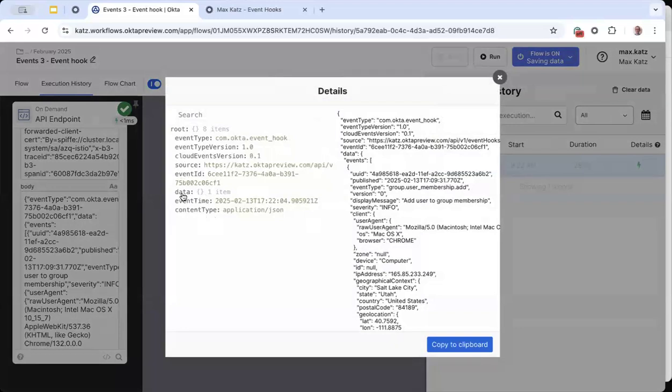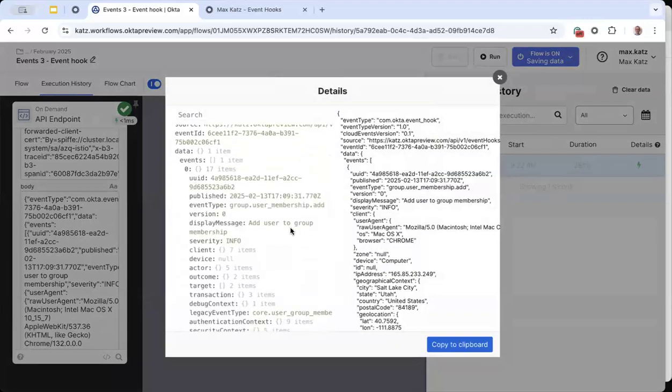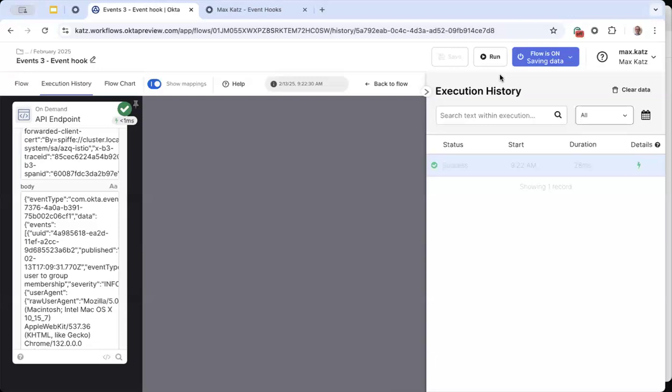But we can see that user added to group event, right? So that event happened, and then it in turn triggered the flow, right? So it works almost identical to using the event card. So you might be wondering, well, what's the point? Well,